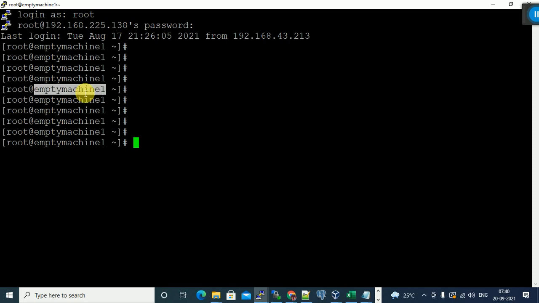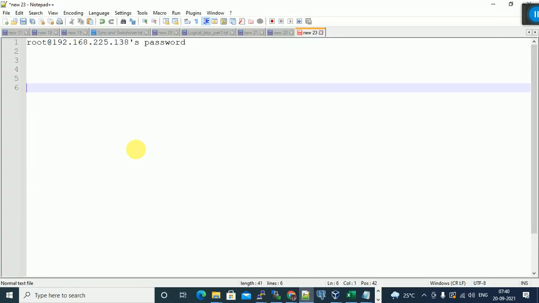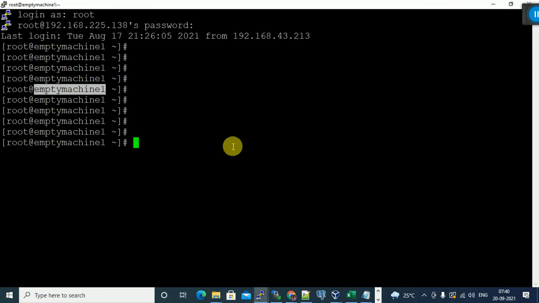We selected MT Mission 1, and it's copied automatically. In Notepad, press Control V, and it's pasted. In the Linux machine, anything you select is automatically copied. No need for Control C or right click. Just select the line and it's copied automatically.